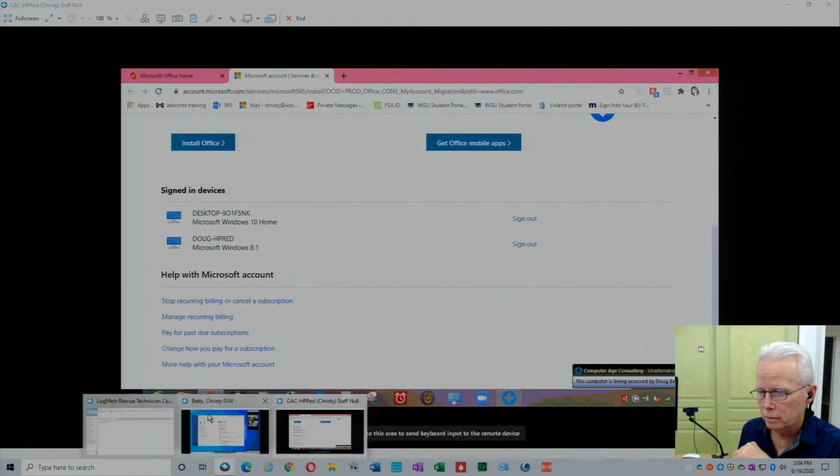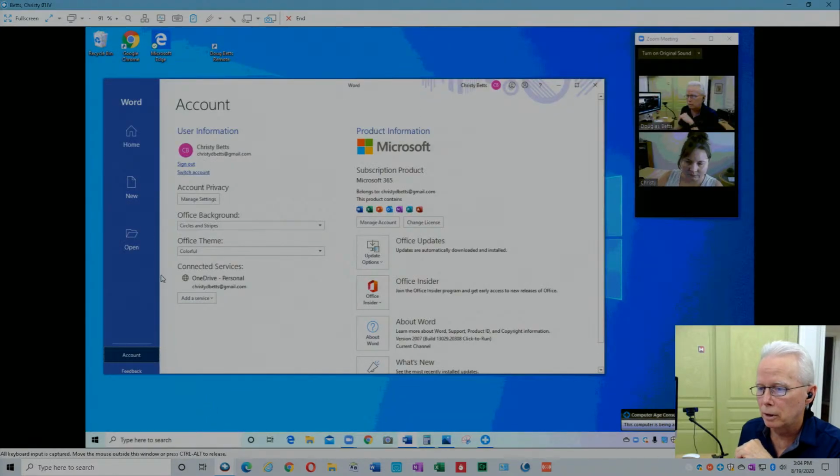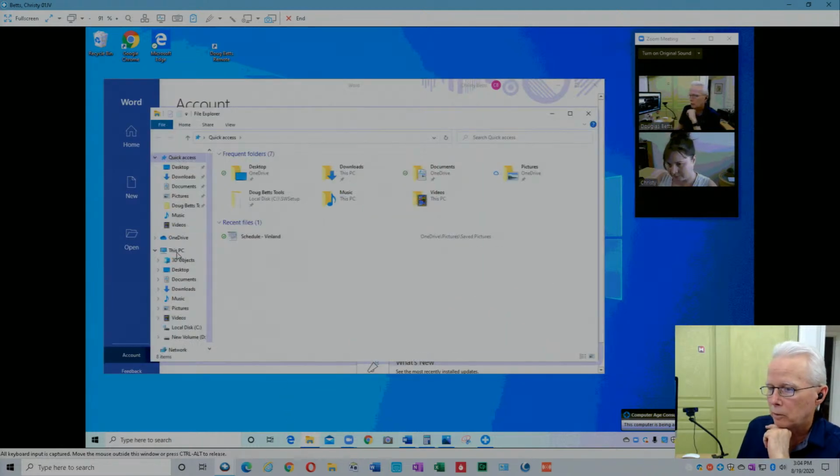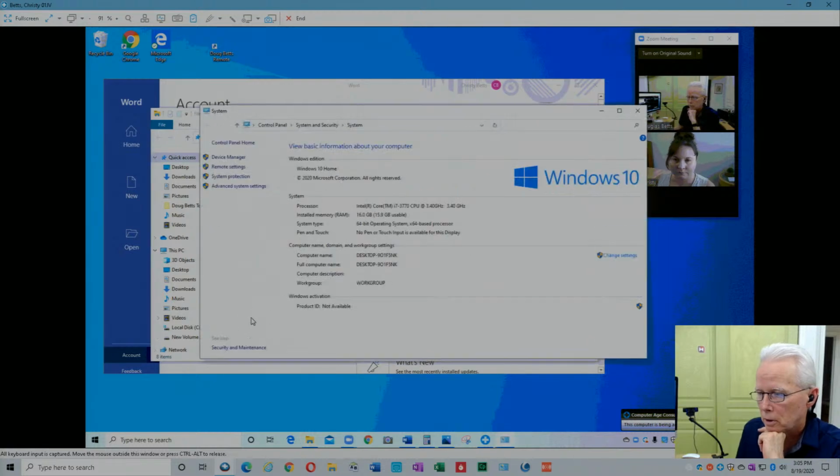Let's jump back over to your new computer and then go to the Windows Explorer I'm clicking on. And then right click on this PC and choose Properties. And then right here, yep, Desktop 901